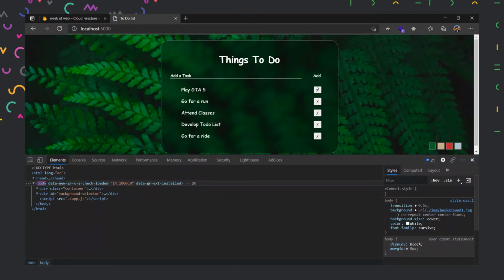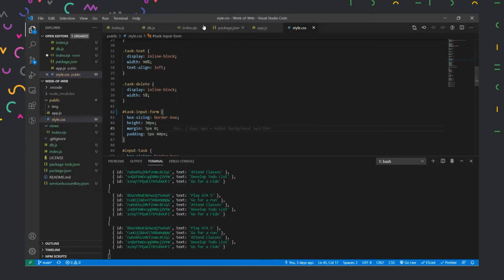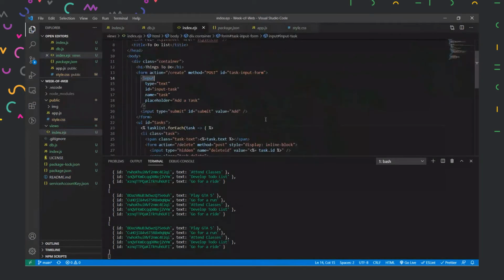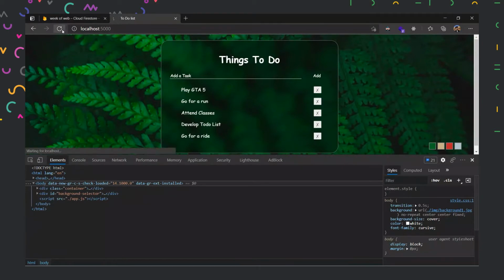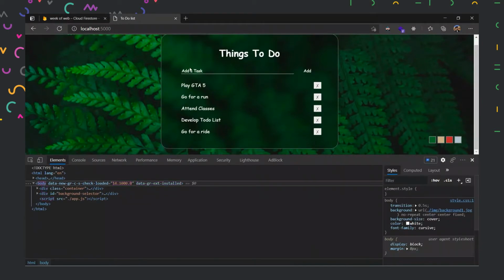So now this box also, it was looking way better earlier, right? So let us fix that also now. Here in our index.ejs we have, yes, now it is proper. I didn't save the file. So only that CSS file was loaded, and inside that CSS file we didn't have that form selected. So now I saved the file and now it is coming out a lot better than earlier.